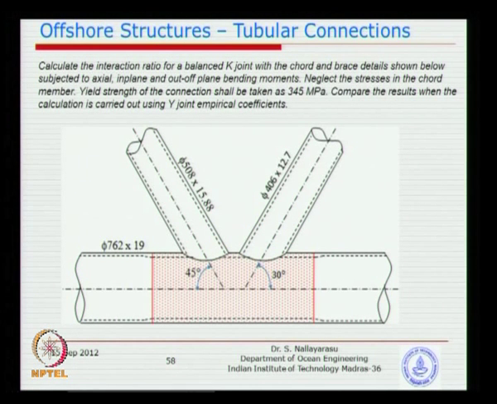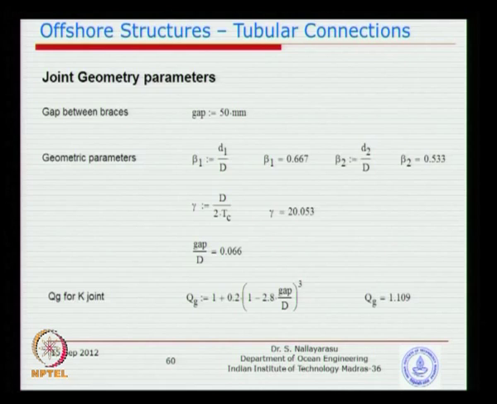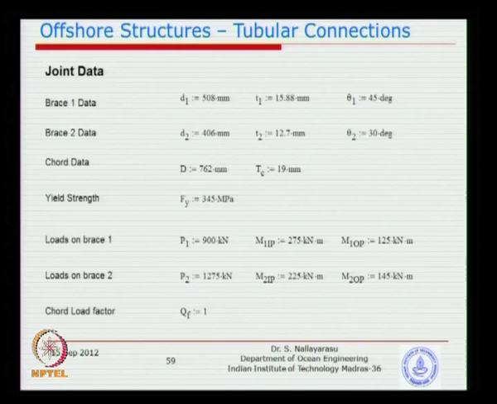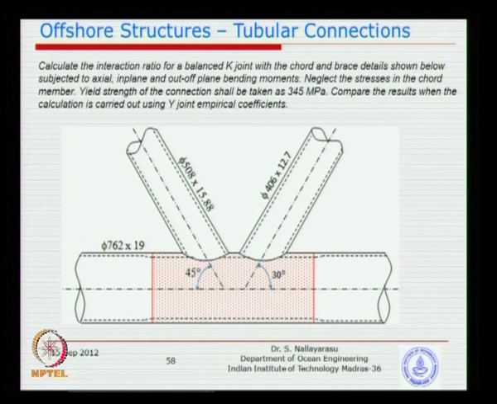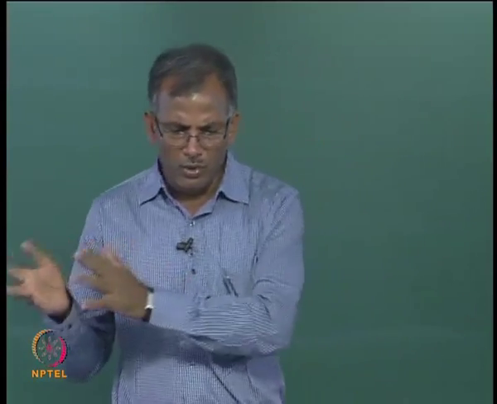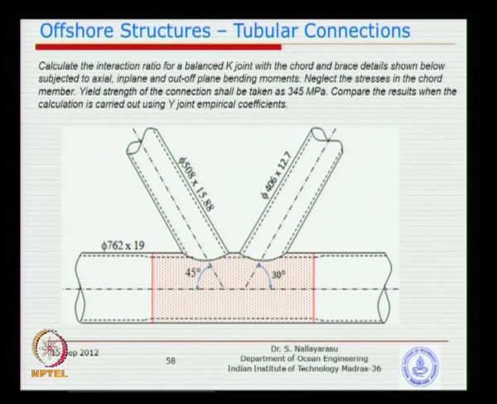And I have given two problems, I think, or one problem. Probably we will try to finish this problem before we finish the class today. So it is a typical tubular connection, so all of you understand what exactly is going on. We started with classification, empirical formulas and special cases, and then ring-stiffened joints. We will just do one simple example to highlight the importance of classification, and that is the purpose of this example. So one side is 406 by 12.7, the other side is 508 by 15.88